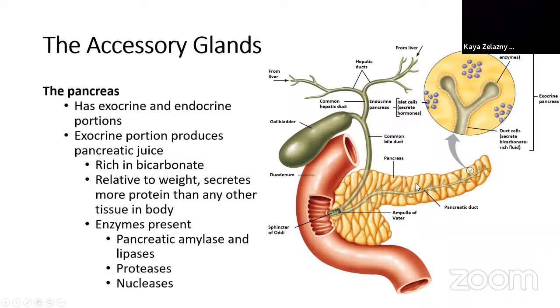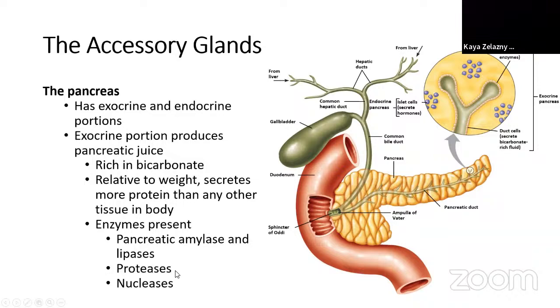The fluid that we're producing in this exocrine pancreas, like the saliva, is going to be rich in bicarbonate. Right? Now we're dumping into the duodenum, and we then have chyme, which is acidic, coming from the stomach into the duodenum. So we're trying to neutralize some of that as fast as possible. We're also going to have a lot of enzymes present, specifically pancreatic amylase, which is going to continue carbohydrate digestion, lipases, which are going to start fat digestion, as well as some proteases and nucleases involved in protein and